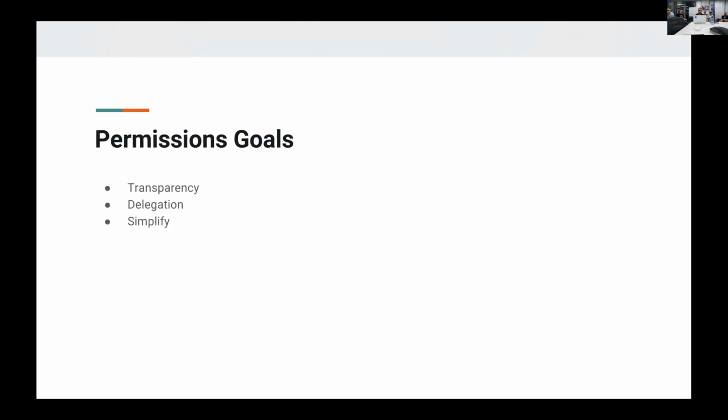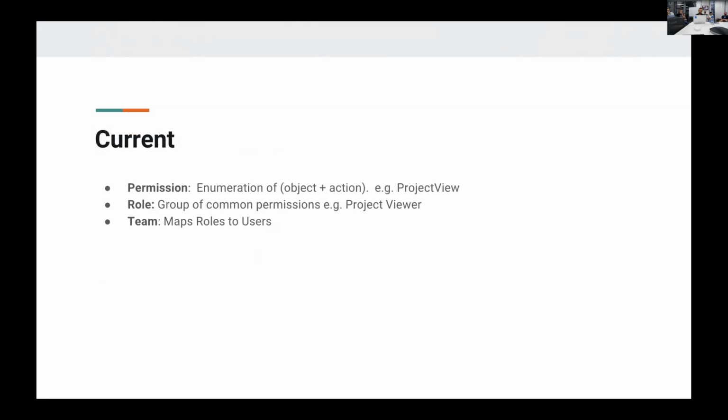And hopefully to simplify the current model a little bit too. So a quick recap of what we have today. We have permissions, which are really just the object and the action that you can do to a project view. We have roles, which are the groups of those permissions wrapped up together. And we have teams, which map those roles to users. And it's this last one where it gets a little bit